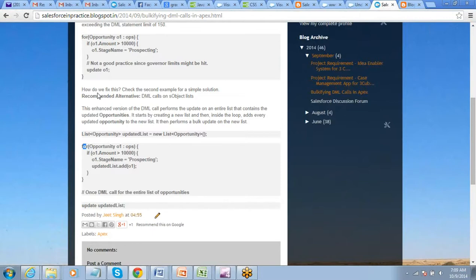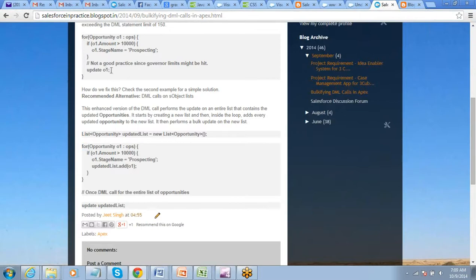A trigger should work if you are doing a bulk upload, right? If I am trying to upload 100 records at one time, at that time also the trigger should work. Before insert or after insert, whatever trigger logic I have defined, those should work. For that reason, a trigger always has a for. If you do not define for in a trigger, then what will happen? When someone is trying to enter 100 records, the trigger will execute once for the first record, and for the other 99 records the trigger will not fire. That we don't want, right? So a trigger is most of the time a for.